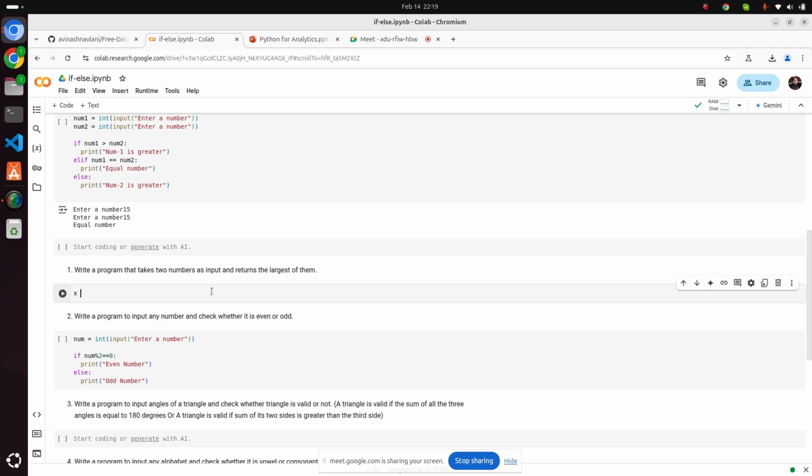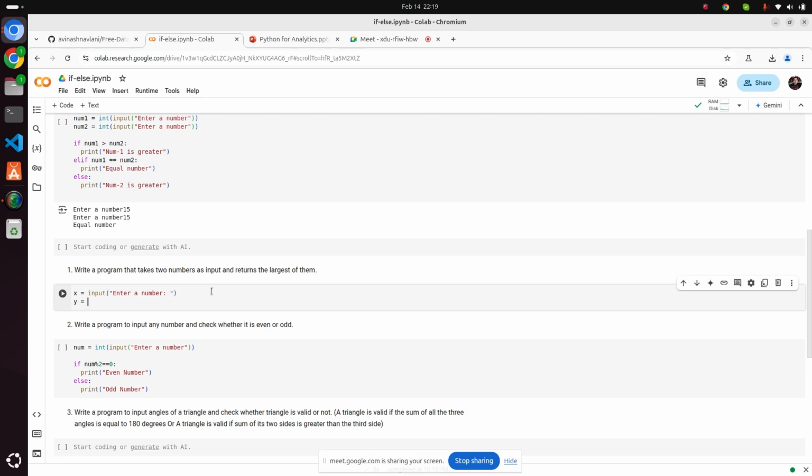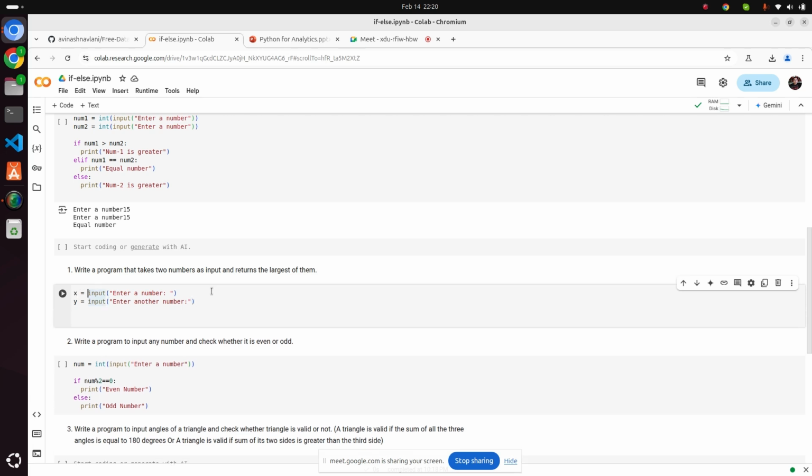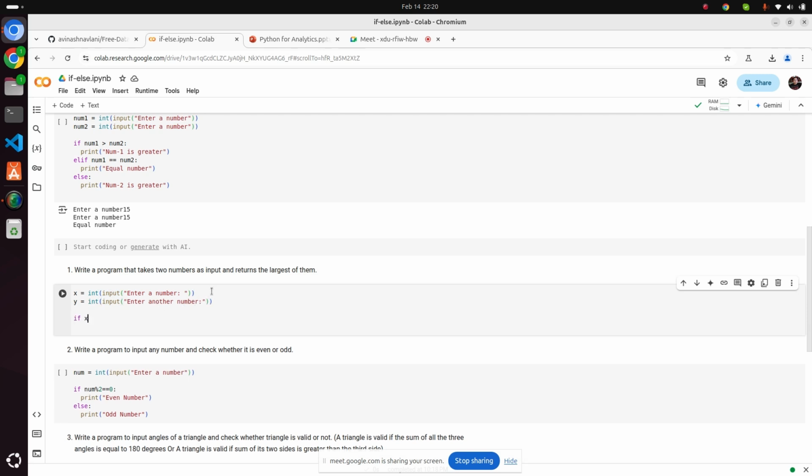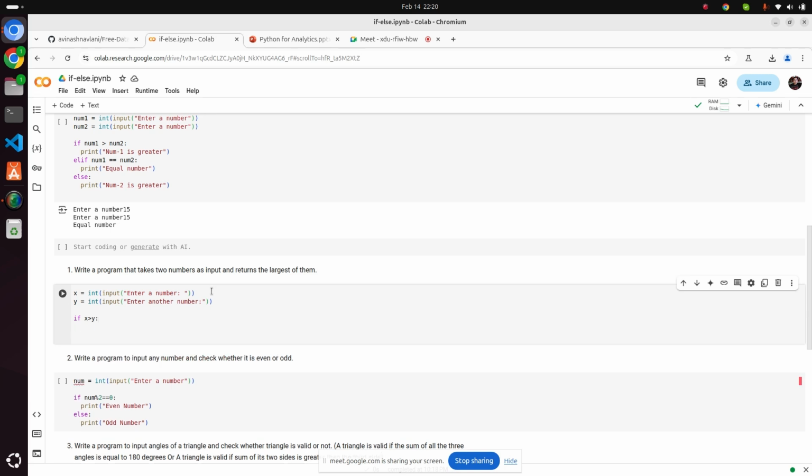Suppose I have taken a number x as input, enter a number, just like we did yesterday. Nothing special we are doing here. Let me know what mistake I am doing here. Can anyone tell me what mistake I am doing? So I'm taking integer. You can also take float. And if x is greater than y, then print